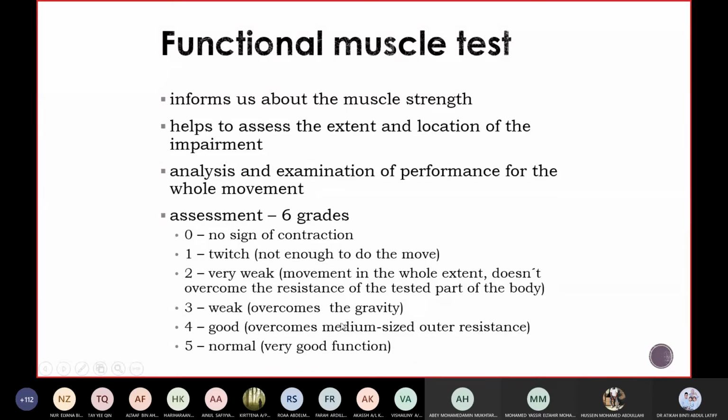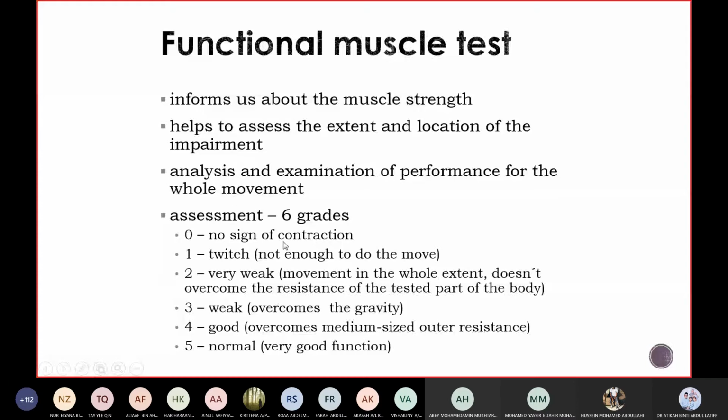Okay, if you ask the patient to do the same thing but you put resistance, and the patient can overcome a bit of resistance, then you can put 4. If the patient can do what you can do, that would be normal or grade 5. I think it's easier to remember 0, 3 and 5, and then all the others will be